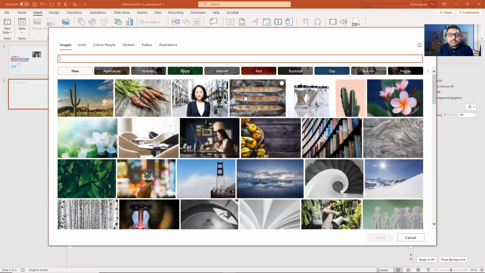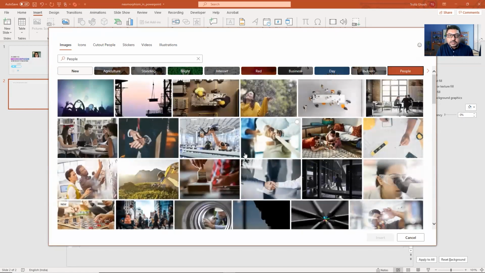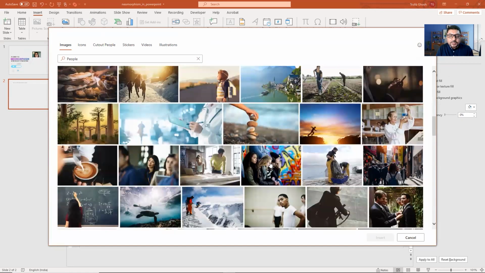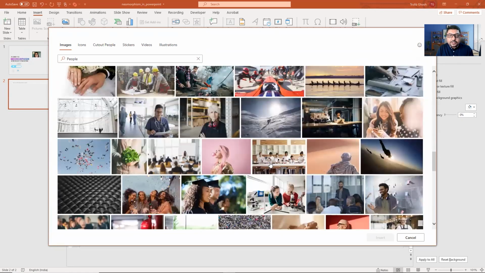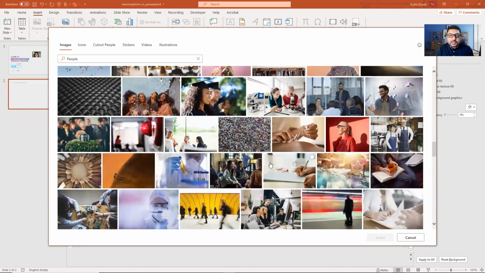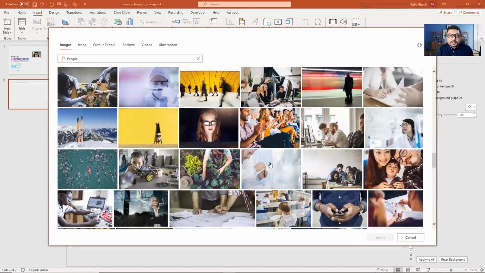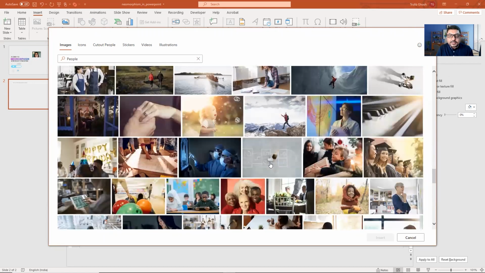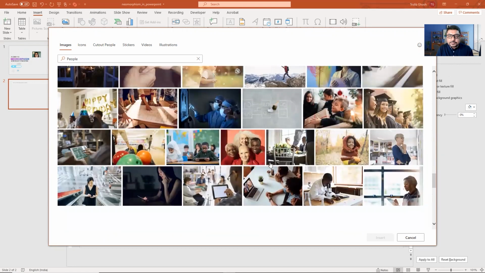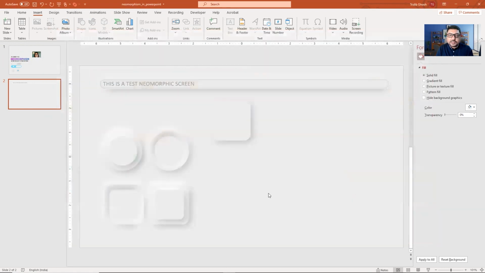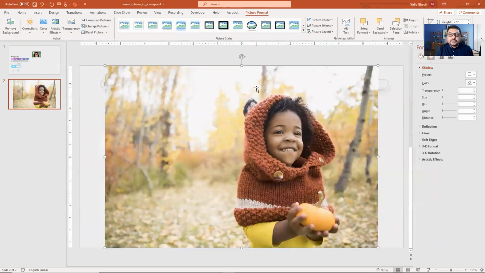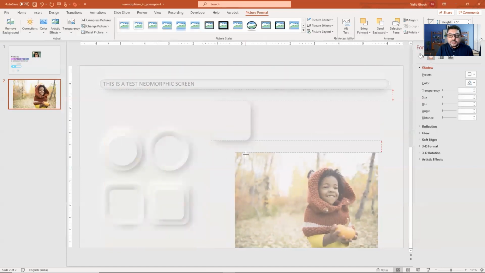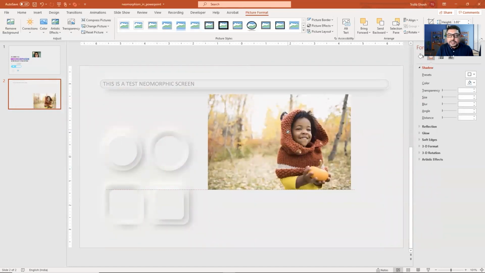It can be any person. I would rather want a people picture. Maybe we are trying to design somebody's profile image or something like that. See, I really like this image. So nice, kiddo. Lovely. So I will just reduce the image a bit.